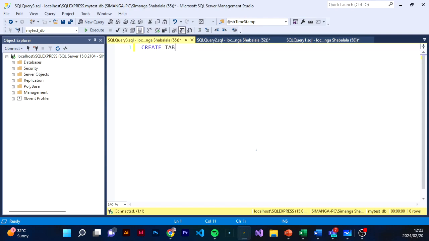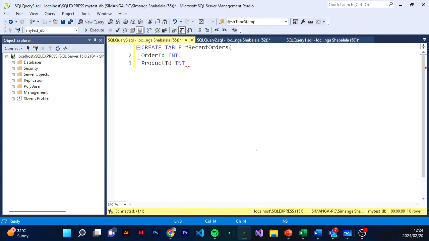Create table. Let's call it a. So we're going to use a hash symbol to show that this is a local temporary table, and then we can just call it recent orders. And then we're going to have the order ID, which is the integer, and then we're going to have the product ID,